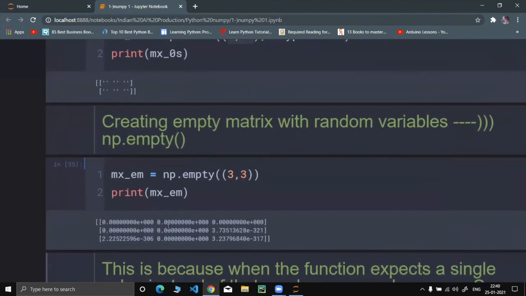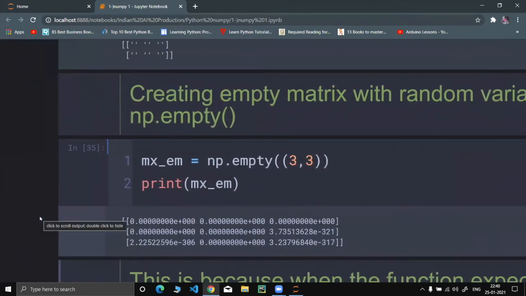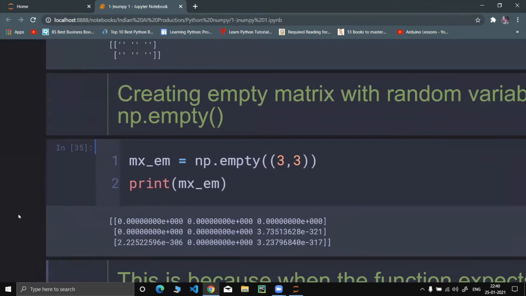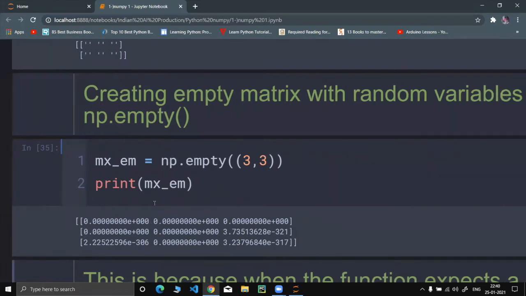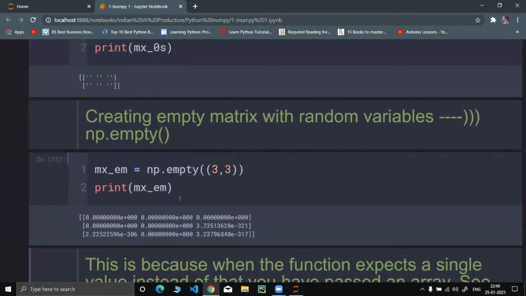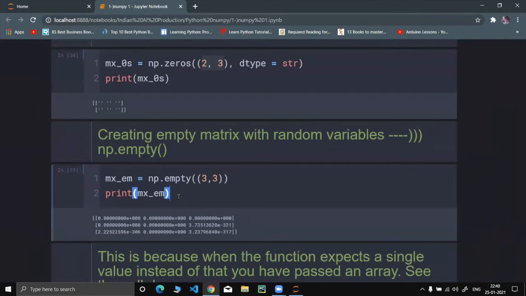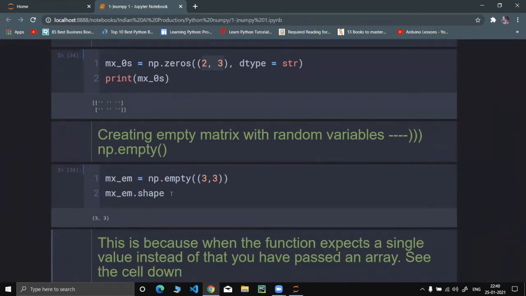See, some random numbers, and zeros. Now this basically is an empty array. See, a 3 cross 3 empty array.